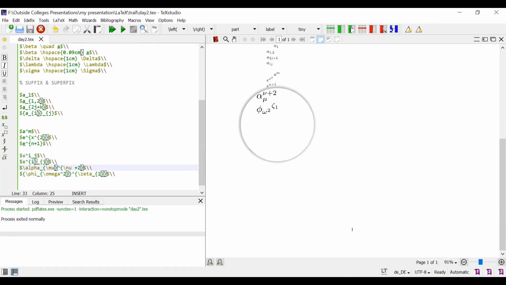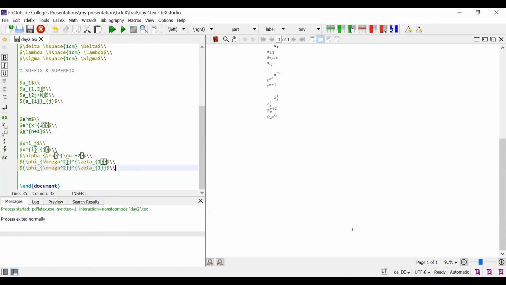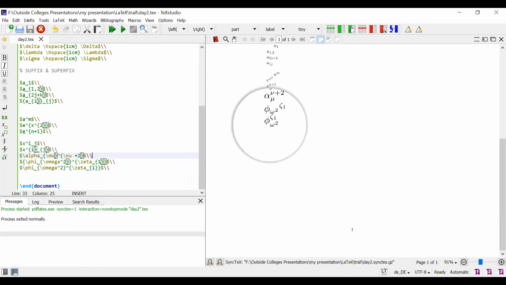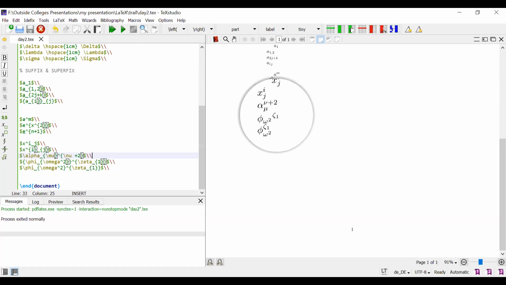So what is the error here? I copy, because the output is not as I desire. Okay, so now I want to remove this open brace. Again, I compile. See this, the difference between this omega and this pi superscript and subscript, and this superscript and subscript of this omega. This is the difference. Okay.